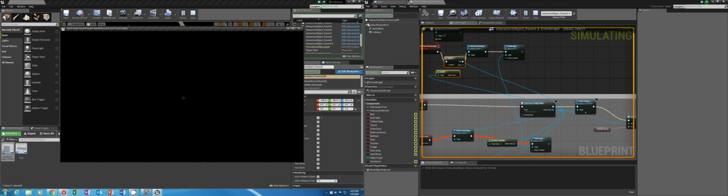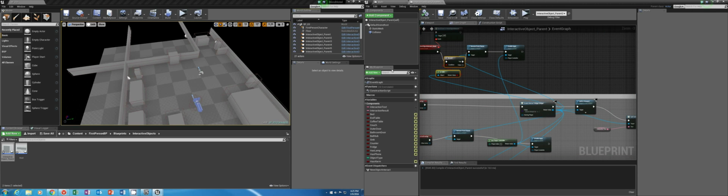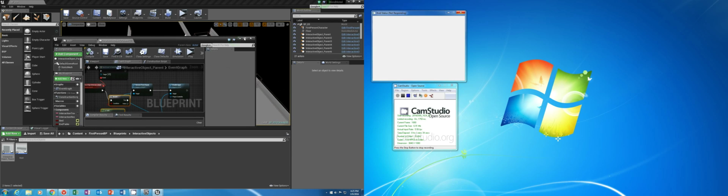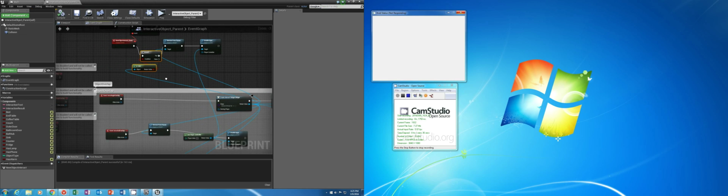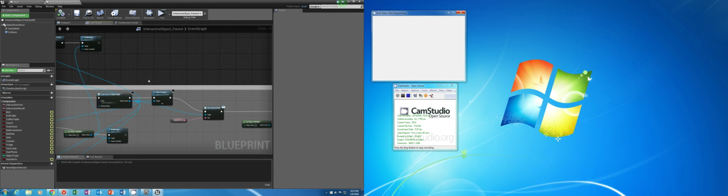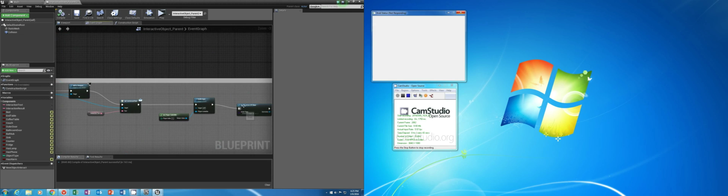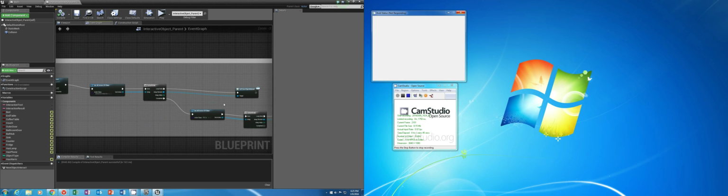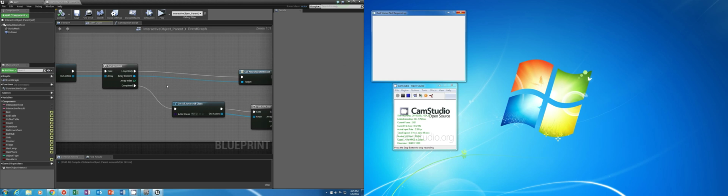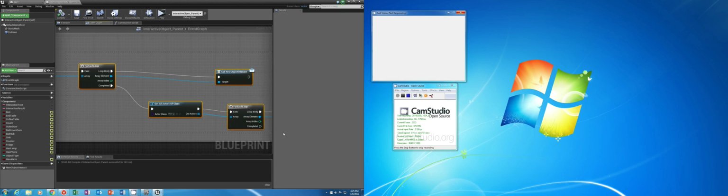Ah, so I know what I'm doing. What's happening is when I fire the... okay, so I made a mistake here. What's happening is this begin overlap is firing, right? And it's creating all the widgets and everything. But then it's getting here, and it's then removing them all, including itself. So here's what we need to do. We need to come in here, and in this array, before we do anything else,